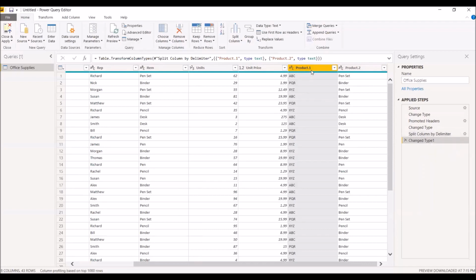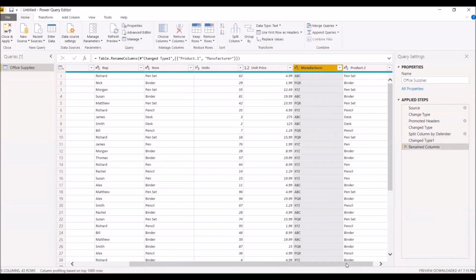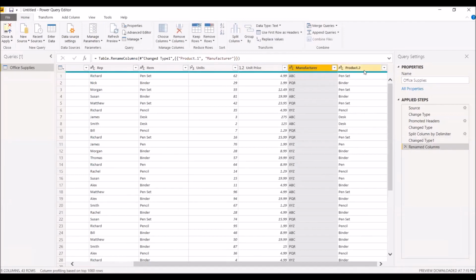Now I know that this is the name of the manufacturer, so I can rename the column. I can write manufacturer. And I can write item type over here in my other column. All right. Now, if you carefully observe the data set, I have 2 columns, item type and item. Both these columns are the same, so it doesn't make sense to keep duplicate values.